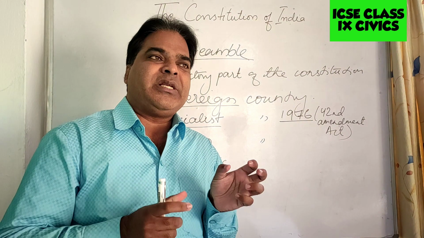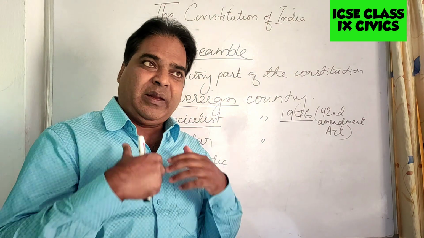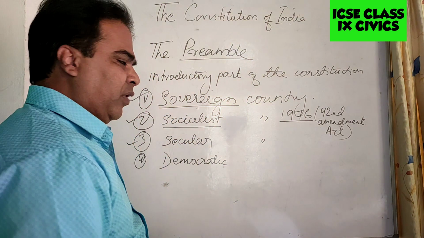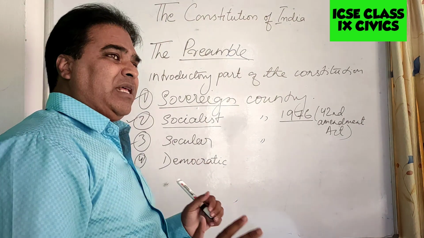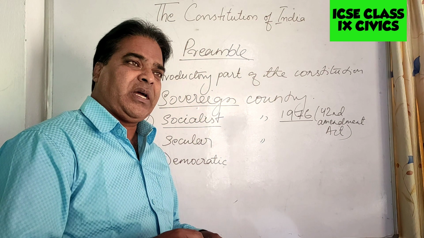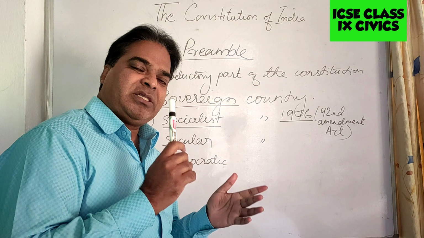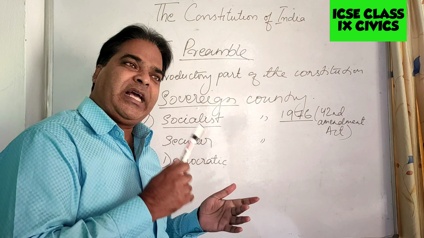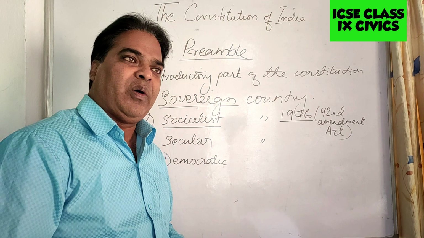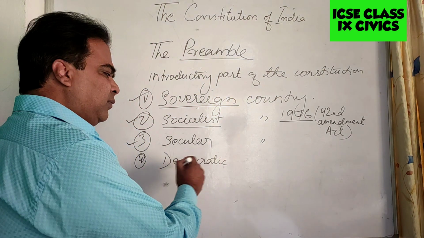So it is representative. Our representation is done by the members elected by us. We are represented by our MLAs and MPs. So it is a representative form of government. There is little chance of a government becoming autocratic. If they don't work according to the wishes of the country, then in the next election they will be thrown out of power. Every 5 years elections are conducted. If they don't fulfill the expectations of the people of the country, then they will be removed and some other parties will be brought to power. Okay, children, democratic. Clear? Understood?